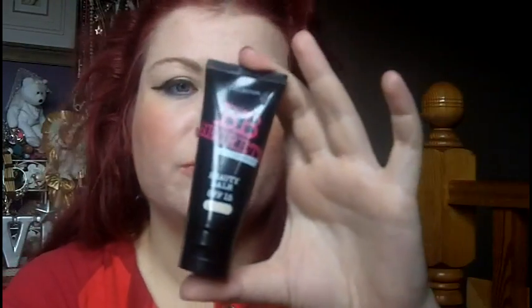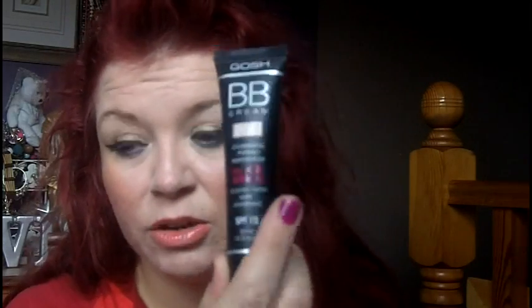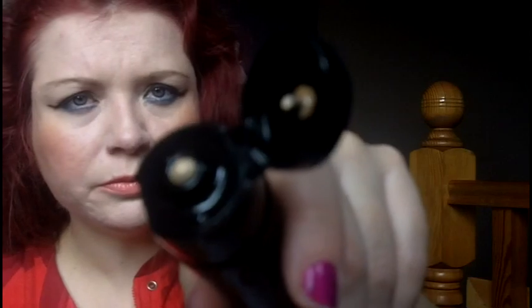This one's in light, and it just says beauty balm, again an SPF of 15. $3.99. I thought that was a really good bargain price. You get 30 mils of product in here, and these all seem to come in 3 shades. Well, actually, the Gosh one came in 5 shades, I think. I'm sure that mine had 5 shades of this, so that's pretty good, because you're obviously going to get a better match maybe to your skin if light, medium or dark and you're somewhere in between some of those shades. Gosh, it's probably a good one to look at. Like I say, the Witchy only seemed to come in one, but the collection one is very pale in the